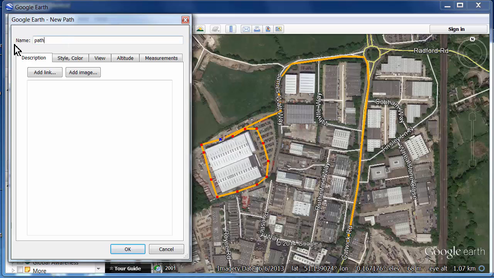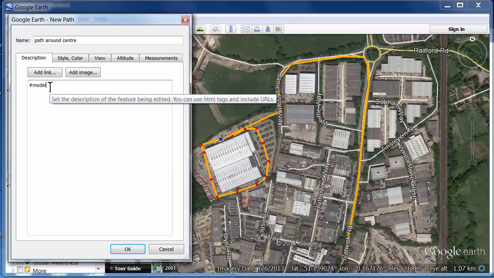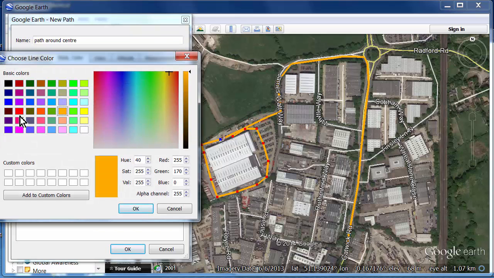Path around center, and we said we are going to drive there with a car, and the duration of this shall be 6 seconds. The model orientation, we don't know that yet. So this is our second path,